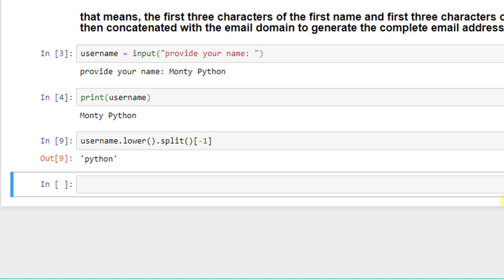So depending on what you need in your output for the email address, you can decide the first name and the last name. For getting the first name, the index will be 0. For the last name, the index will always be -1. So let's now see how to get the first three characters of the first name and first three characters of the last name. So for that,